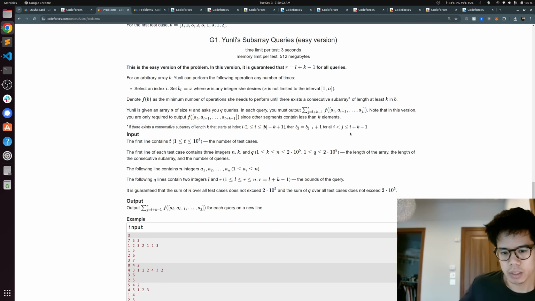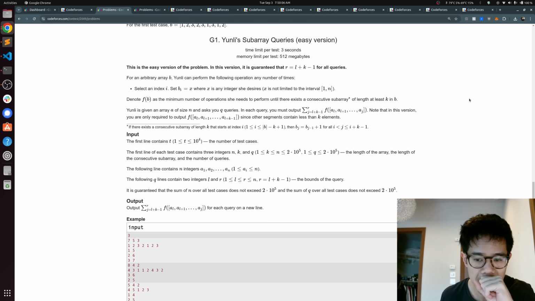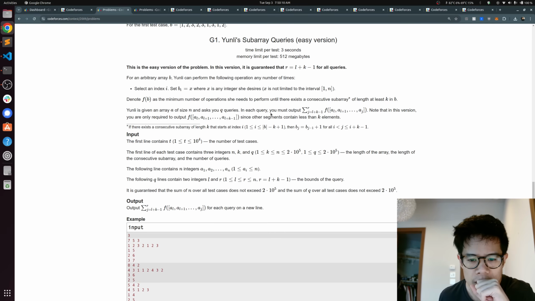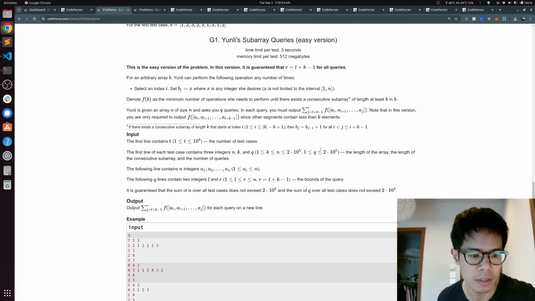Okay, that makes sense. Yes, okay. At least k inside, okay. Sum from j equals L plus k minus 1 through R. So it's the sum of f of the subarray for every